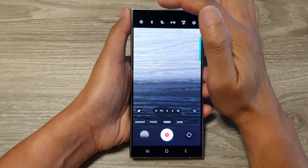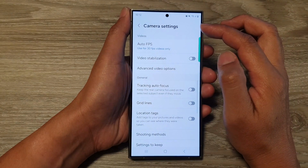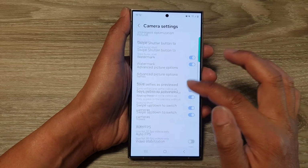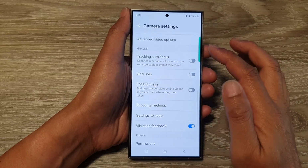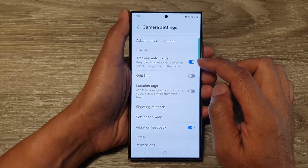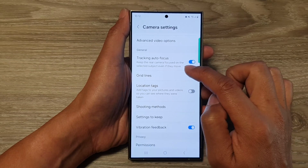Next, tap on the settings icon at the top left corner. Then in the camera settings page, scroll down to the general section and tap on tracking autofocus. Now when you turn this on, it said that keep the rear camera focus on the selected subject even if